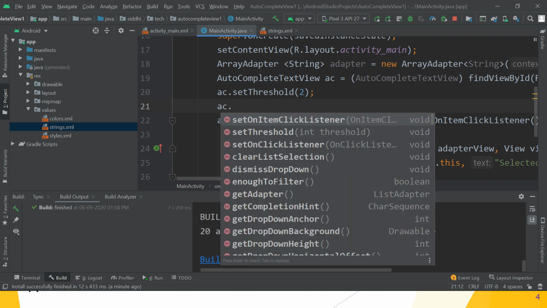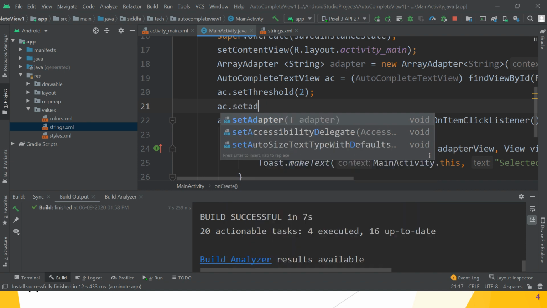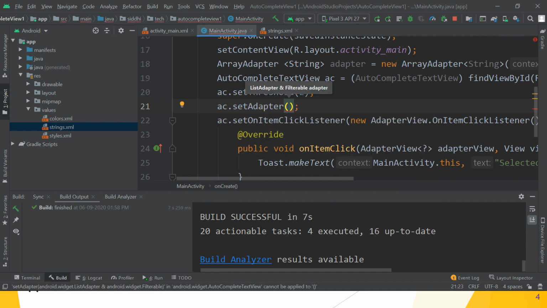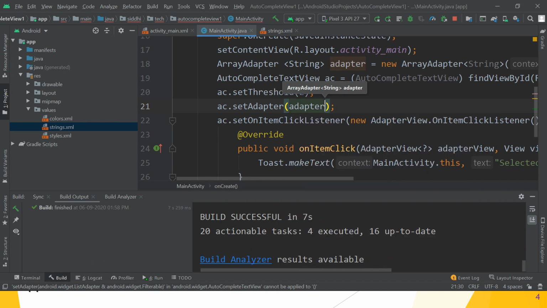AC dot set adapter method, and pass the object of the adapter class. So we have not set this adapter to your AC, that is the autocomplete text view reference. That's why it is not showing the drop down list. Great, hope you understand.